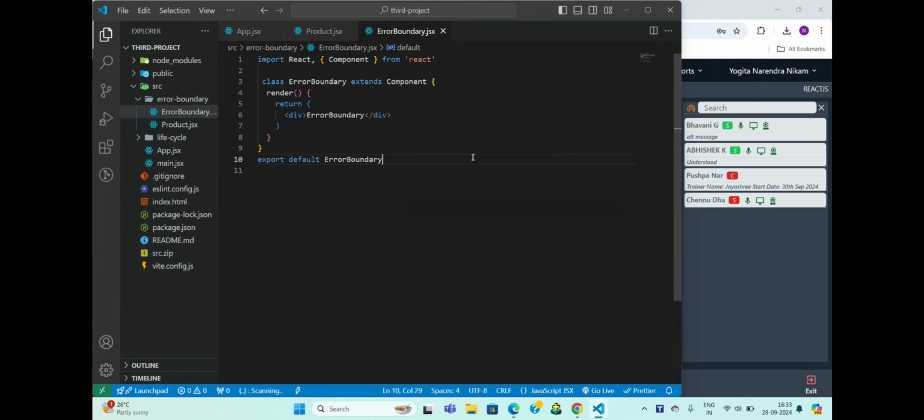Its work is to catch the error and display a fallback UI. Or else you can say its work is to display an alternative UI. Okay, now how it can do? It can do with the help of the life cycle methods in your error handling phase. So have you got an idea, basic idea about what is error boundary and what is a fallback UI?